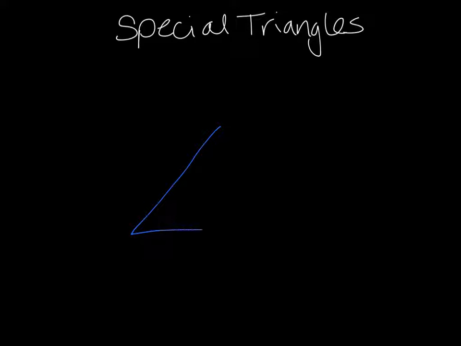Okay, the first one, the easiest one to look at, is the 45, 45, 90 triangle. So we have two 45 angles and then one 90. And if you notice, it's isosceles, which means these two sides are going to be the same. So we have the sides. And so what we'll do is if we call this one and this one,